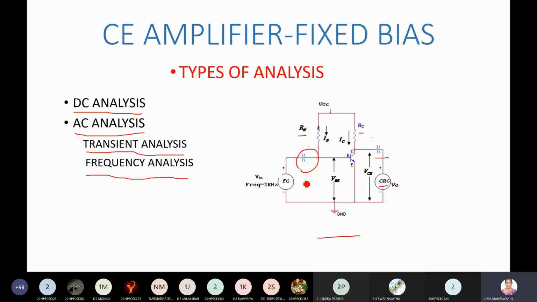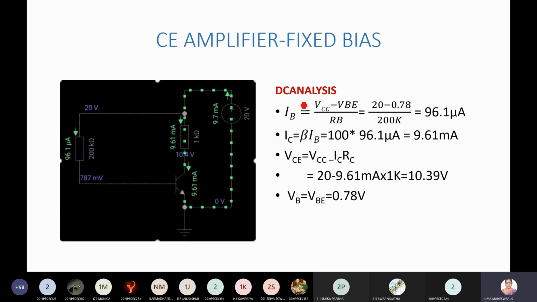As I told you already, remember the various types of analysis which you can do on this circuit. The procedure which I'm going to explain with everycircuit.com is common for all the experiments, so you can repeat the same procedure. First I'm going to do the first type of analysis, called DC analysis. For this, the DC voltage should be available, and I need not give any AC input signal, so obviously I will not get any AC output signal also. We need not consider any capacitors because in DC analysis, all the capacitors are taken as open.